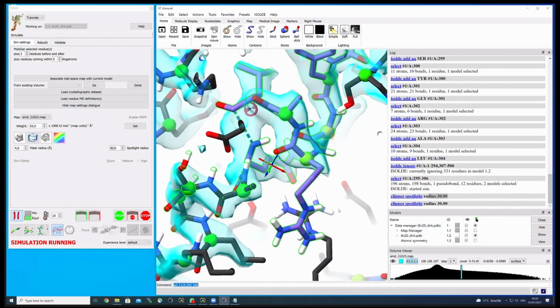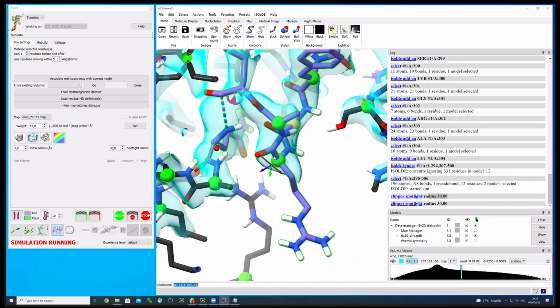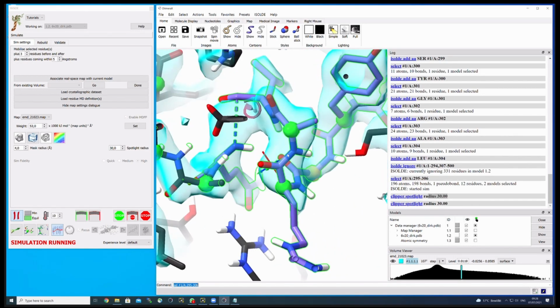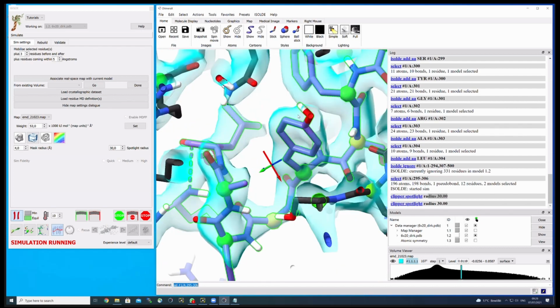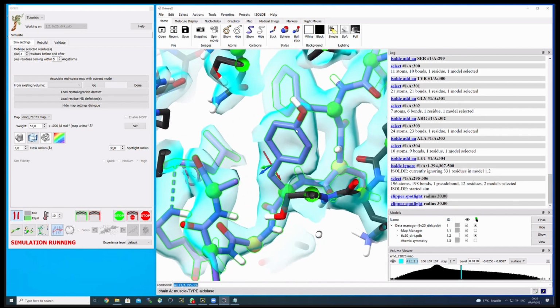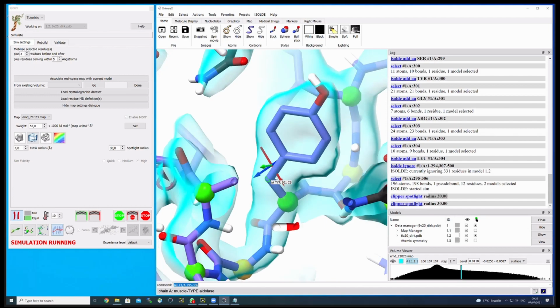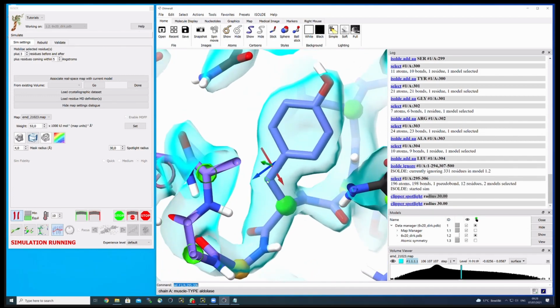Two new functions that can make your life a little bit easier when doing this for the first time, because if you don't really know where things are going to be placed and you feel a bit unsure, what you can do is, for example, I now choose this tyrosine residue, which I moved into the correct density, but you can choose whatever residue you want in your simulation now. And I control click on one of the atoms that I would actually like to select, and in this case it's now the CB atom of this tyrosine residue in 301. And if I go to the rebuild function,